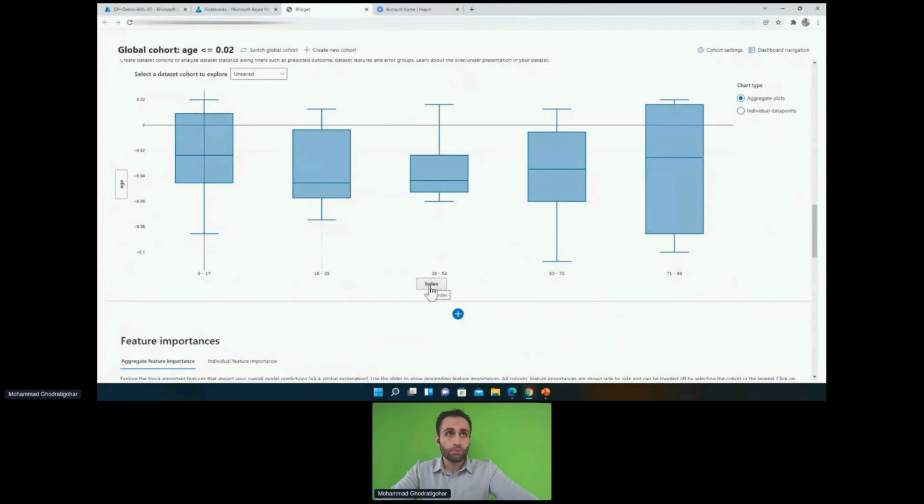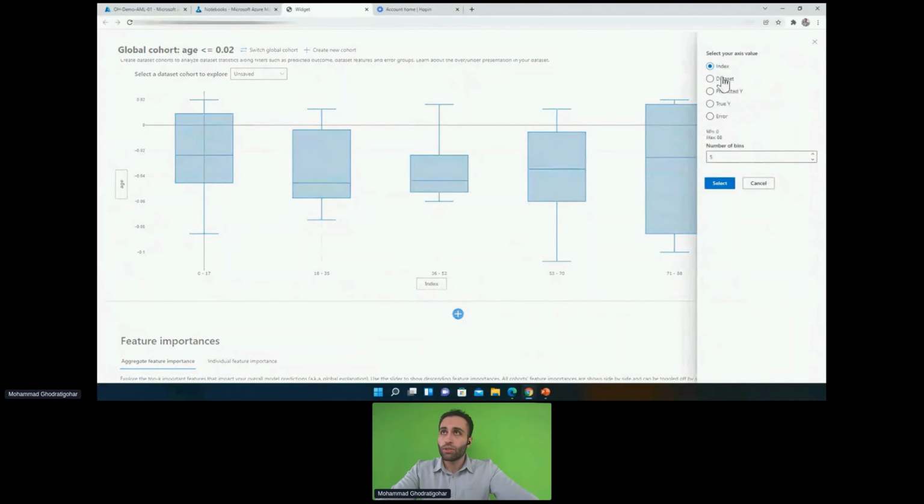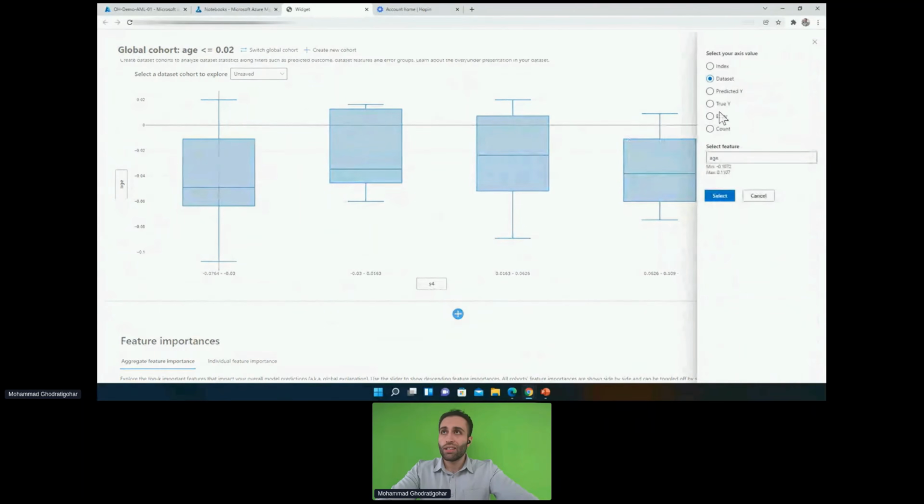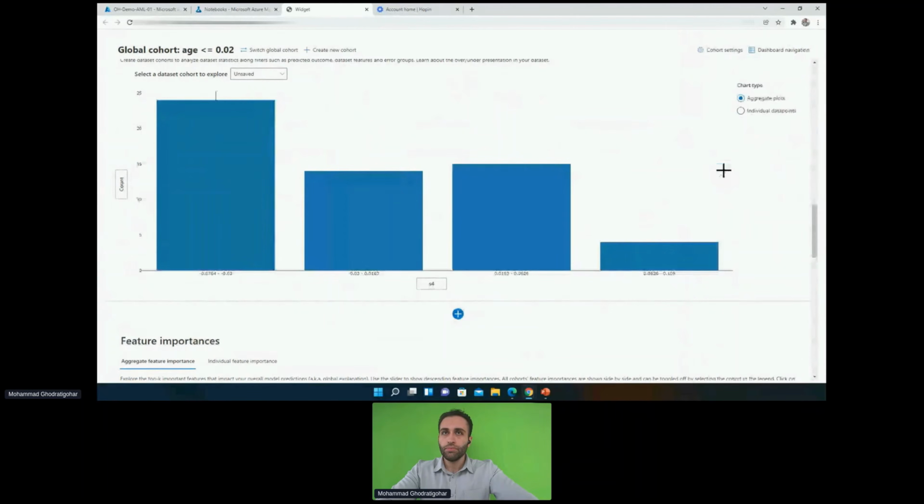So what I can do, I can say the index I would like to be, again, the same close to level feature S4. And here I want to see their count. There you go. So my initial hypothesis is somehow getting true. Again, not the final decision, but you see how these toolkits are supporting me with those principles of responsibility I told you. So I want to match that picture and slide to what we are doing right now.